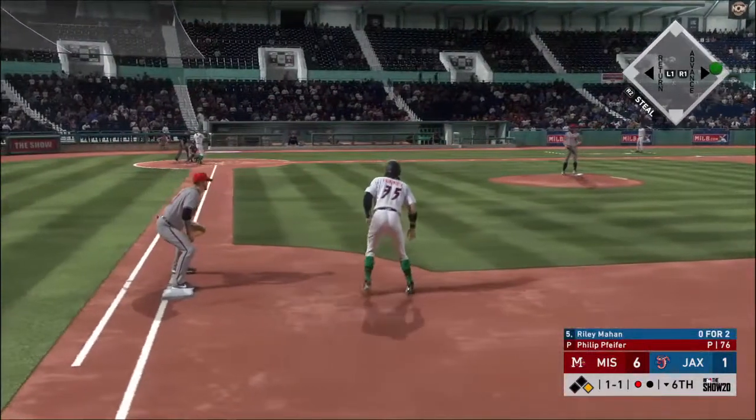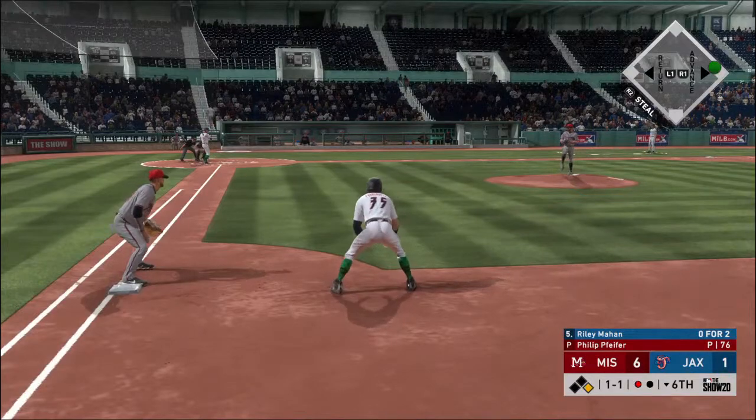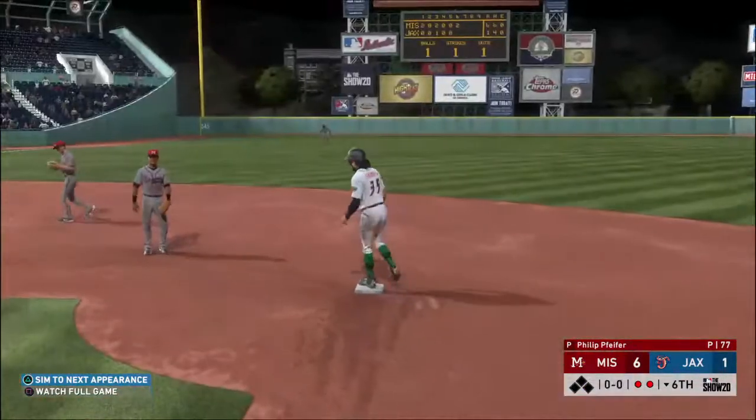Digging in, Riley Mahan. 0 for 2 for him to this point. Second baseman, Riley. 1-1 home. A ground ball to third, and they could get 2. 1 there. On to first. It's a double play as they're